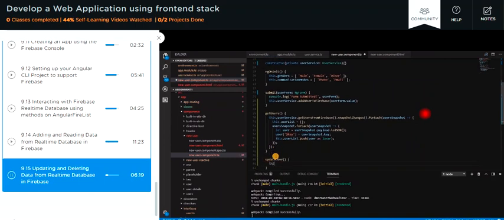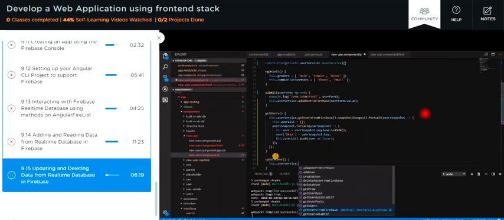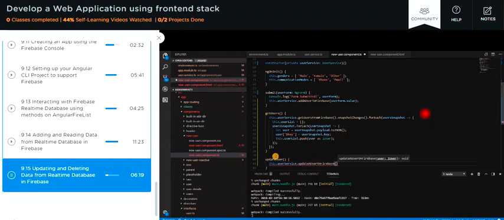I'll copy the name here and add it to the TypeScript class, and I'm going to call a method on the user service. Update a user on database is going to be the name, and let's pass the data from this user service that we have, the first object that we had inside the user list. Let's also update the name of this to, let's say, user form dot